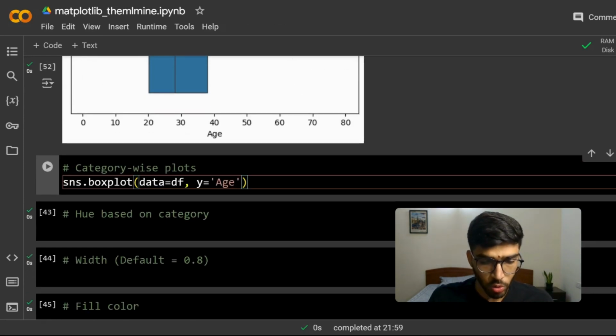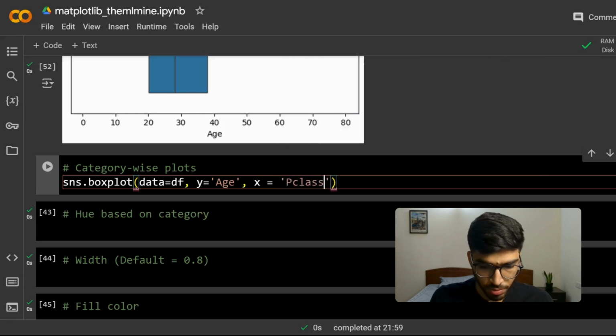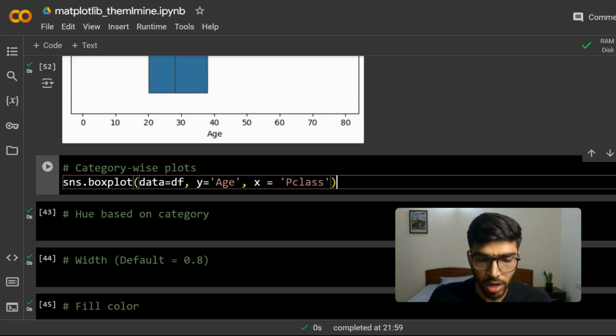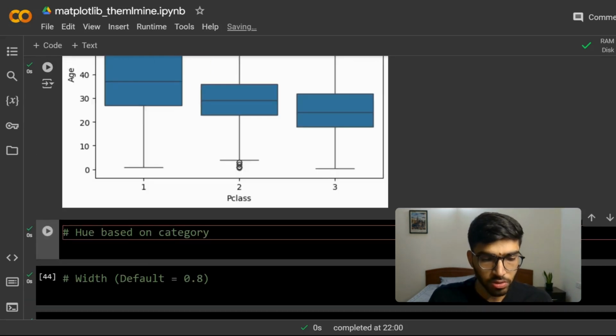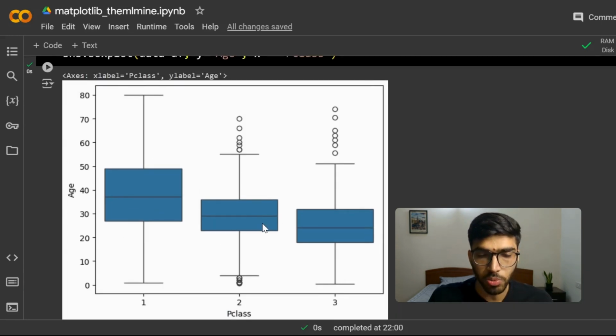Then if you would want to include category wise plots, let's say if I just say y equal to age, and on x-axis I want it for every class. So P class is a categorical column, which is the ticket class on which our passengers travel. For every ticket class, what is the age distribution? I can do this simply by writing my y and x component. If I just run this, you see for every ticket class 1, 2 and 3, I have the age distribution,